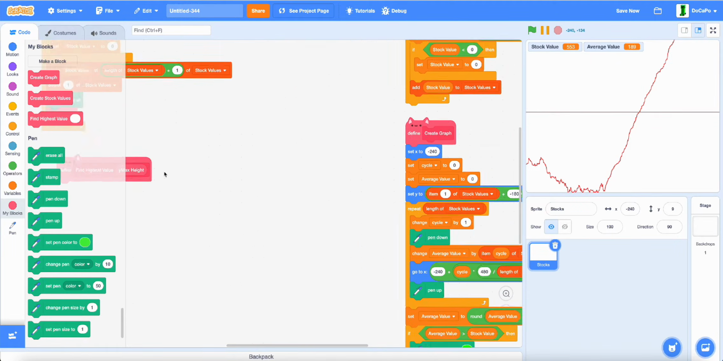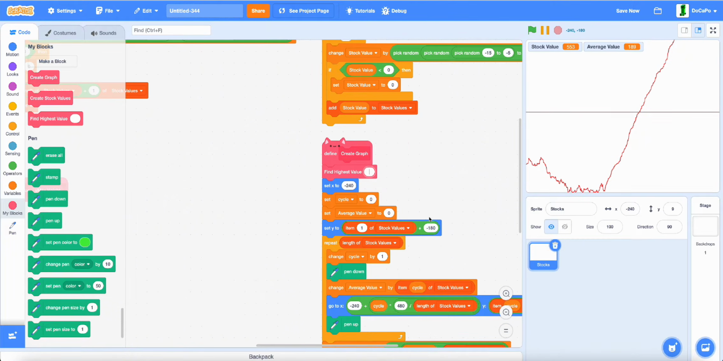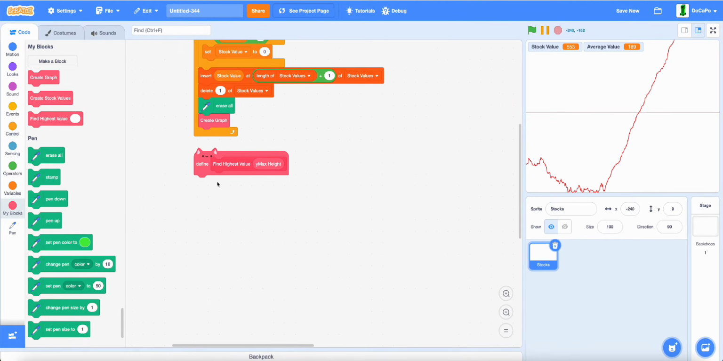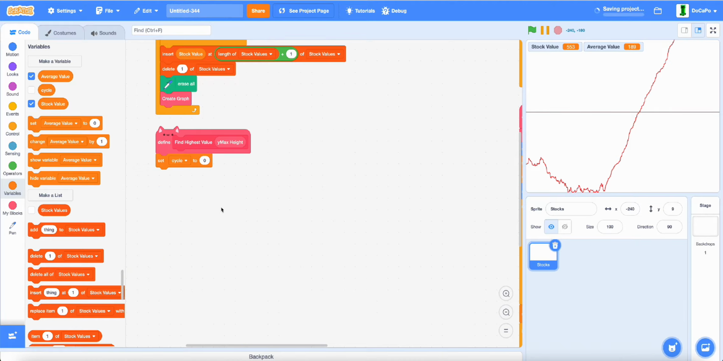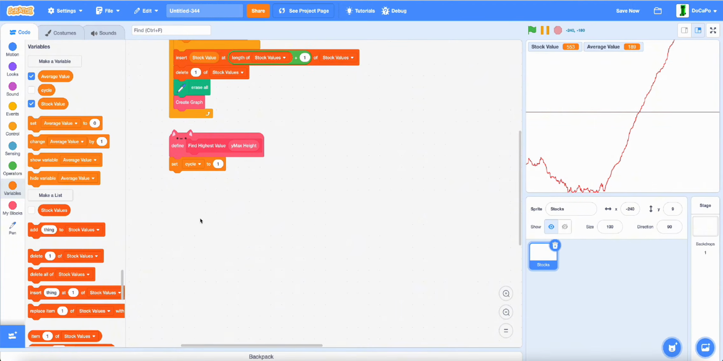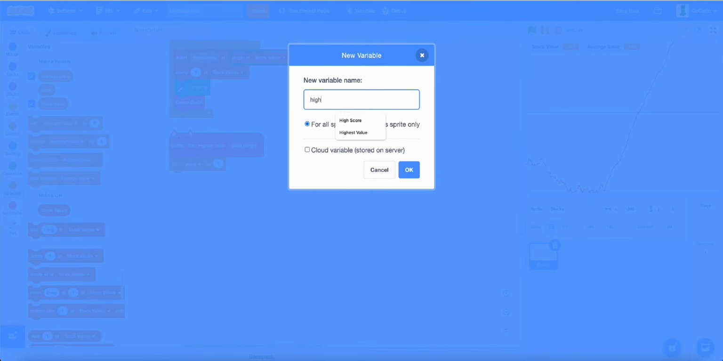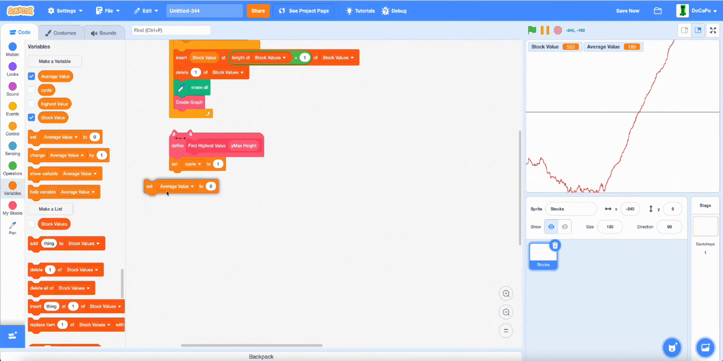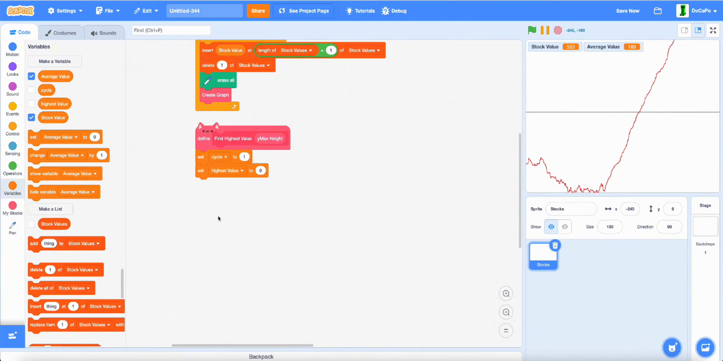And now with this, place it here, and for now the max height should be set to 300. And now over here, to find the max height, set the cycles or cycle to 1 and create a new variable called highest value for the sprite only. Set highest value to 0, and now